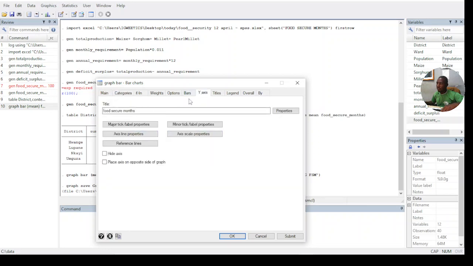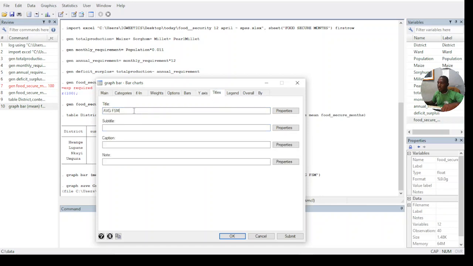Y-axis now it's tons. The title is total production. Or we can simply say production